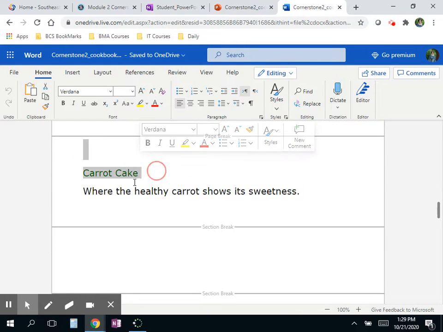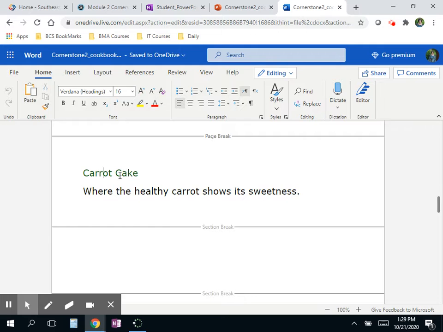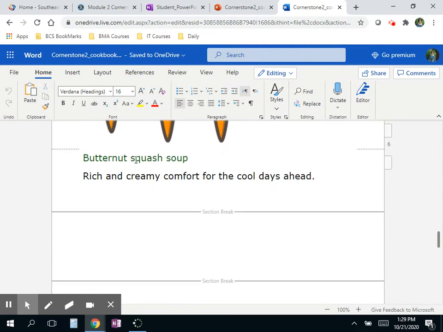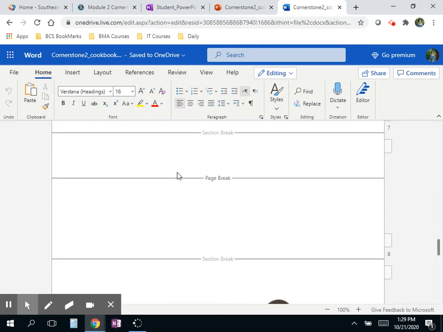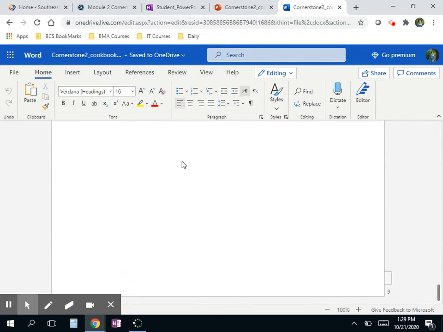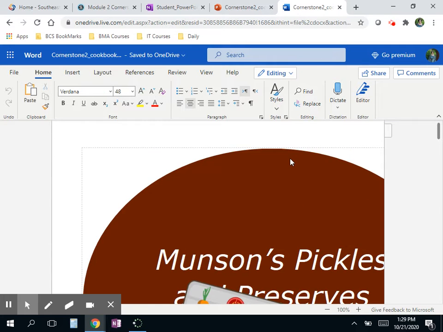The carrot cake would have come across as the next slide, where the healthy carrot shows its sweetness, as well as anything else in green. You have the butternut squash soup. You have August harvest stew, and that's all. Okay, so